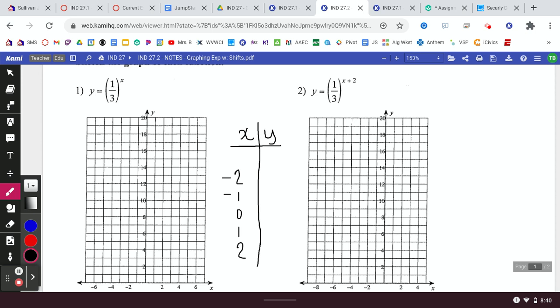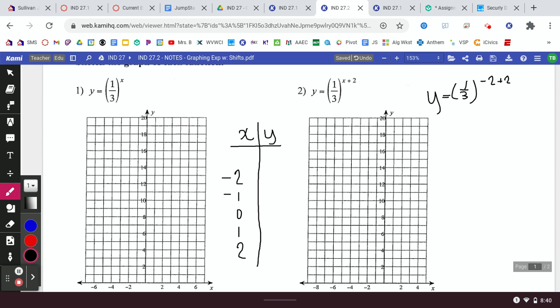So this one doesn't have a vertical shift, so we're still going to start out with our basic 5. Same thing as yesterday, it just is an extra step. So you've got y equals 1/3, and then up in the exponent spot, we've got x, which in the first place we're going to use -2. So -2